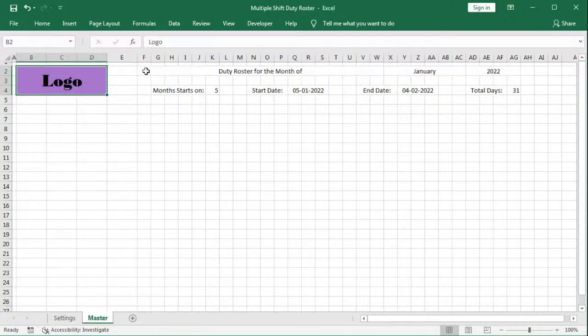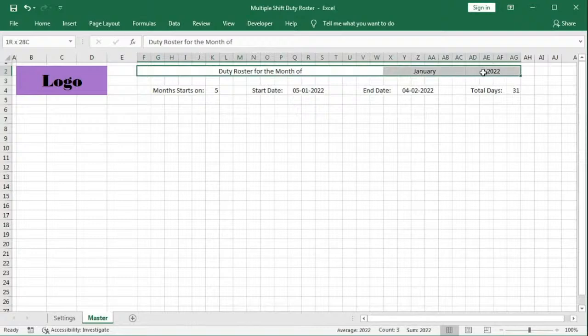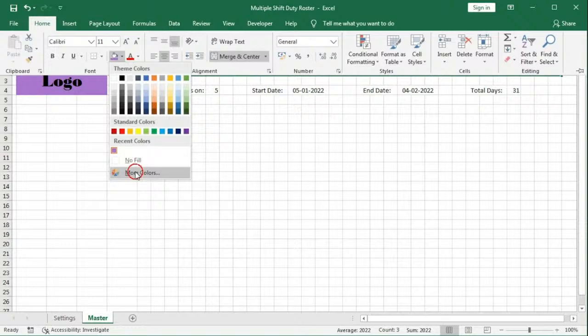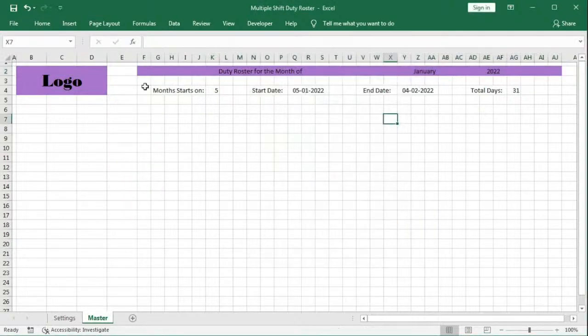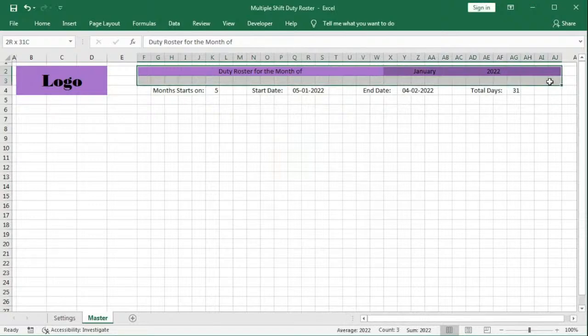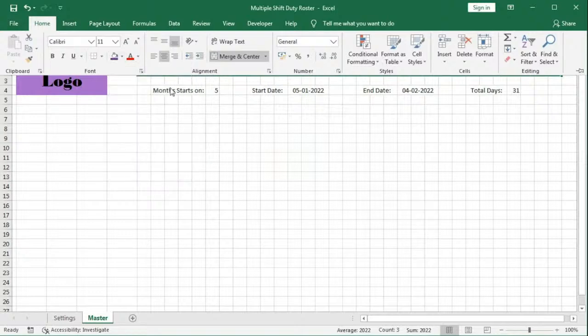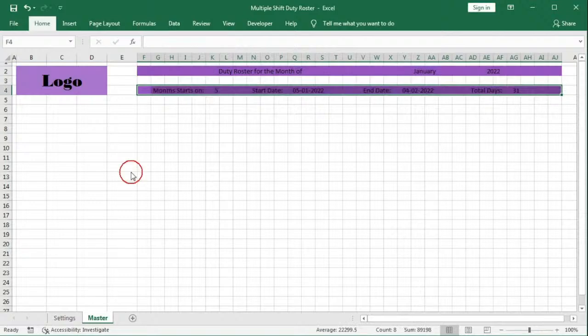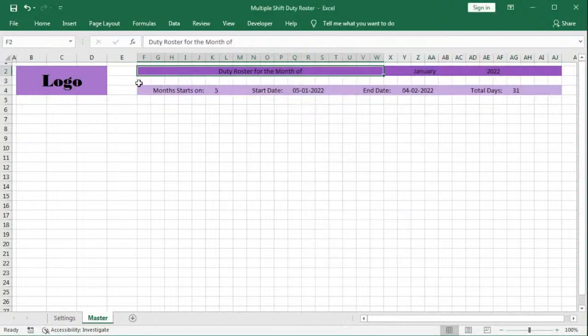And now from here up to AJ, home, background color, more color, sorry, this should be, let's take this one and again more color, make it light. Okay, and now here we will give home, same color, and again go to more color, make it lighter. Okay, now for this one